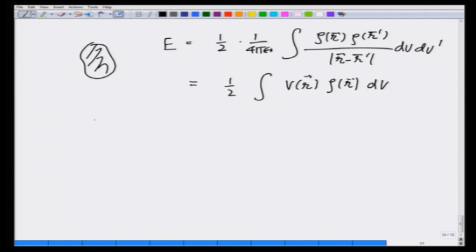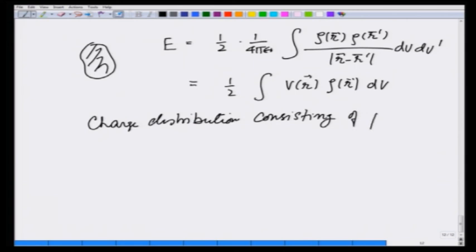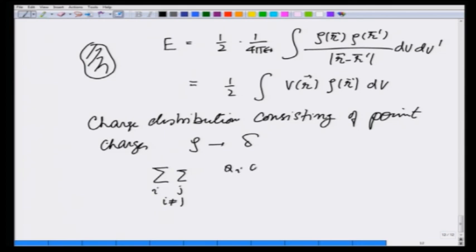In the case of a charge distribution consisting of point charges, rho goes to nothing but the delta function, and I will get back my expression, the sum over i not equal to j of q i q j over the magnitude of r i minus r j,